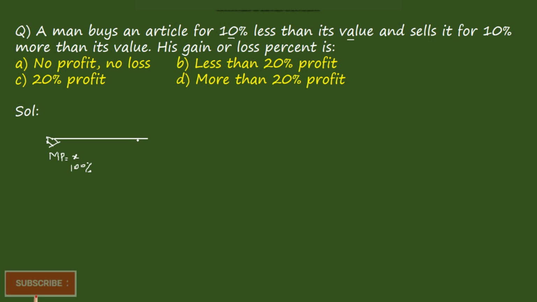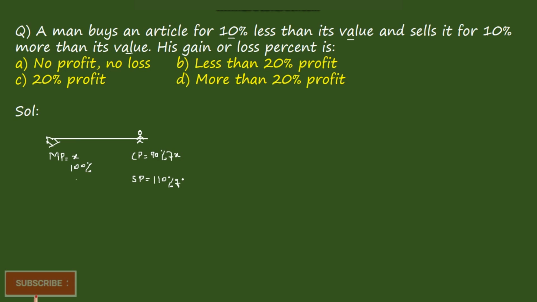Okay. And this particular man would be buying it with 10% less. Then his cost price is equal to nothing but 100 minus 10. It becomes 90% of X. Right. Now they are saying you sell it for 10% more than its value. Then selling price is given as nothing but 10% more than the value. Value is nothing but 100%, which is X. 10% more means it becomes 110